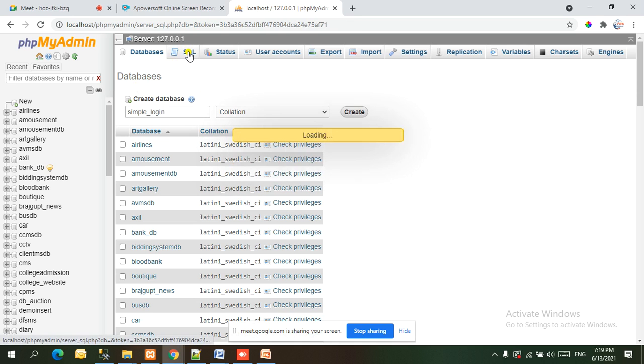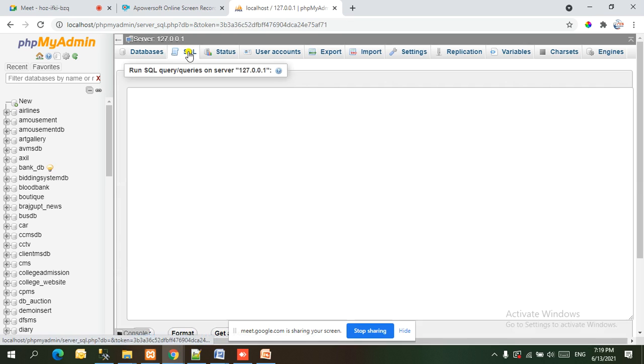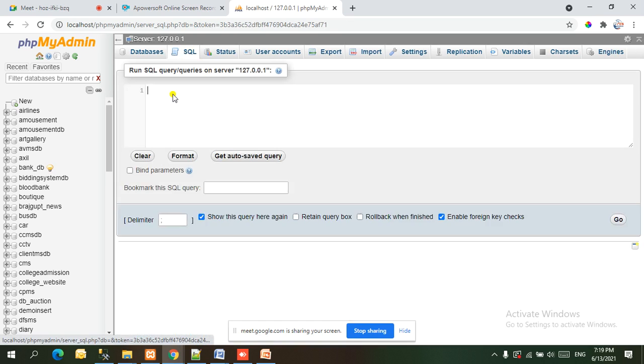Here I can write the simple command. You may have studied it in RDBMS. Drop database, name simple login, terminate with semicolon. Drop database simple login.